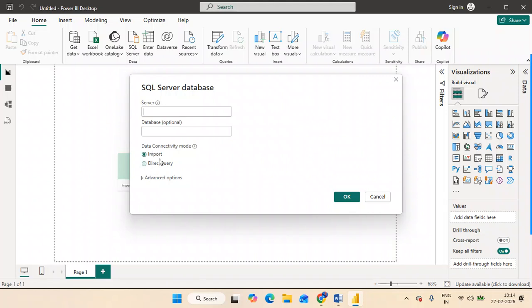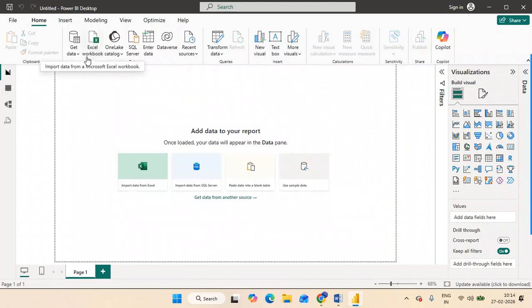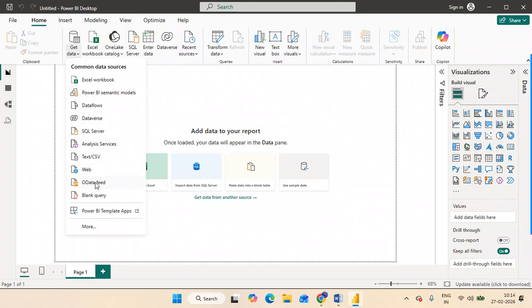The live connection mode is used if you are going to connect to the Power Platform, like Power BI semantic models, dataflows, or Dataverse. These are analytical services, like SSAS, which is analytical. If you connect to SSAS or these Power Platform sources, that is a live connection directly. See what it shows in the tooltip: create a live connection to semantic models in Power BI. That is a live connection.